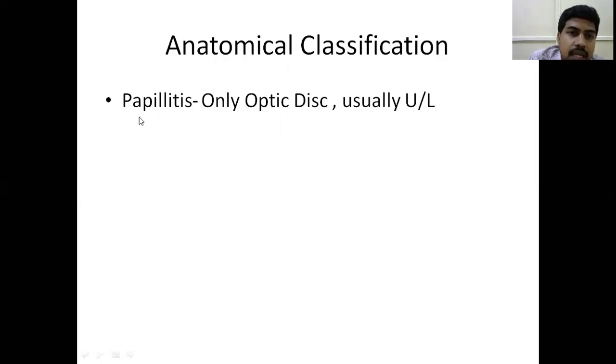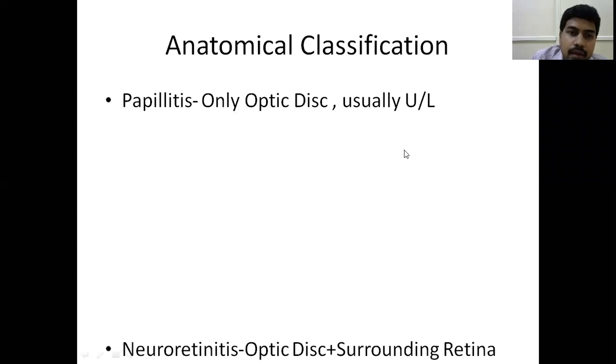So the first part is the intraocular part. I told you about glaucoma, what changes take place in glaucoma, the ISNT rule, and all those things in your previous classes. I also told you that the intraocular part is also known as the papilla. That is, any elevated structure in our human body is known as a papilla. So here, as it is an elevation of these nerve fibers, it is also called a papilla. So here, as per anatomical classification, if the intraocular part, that is only the optic disc, is inflamed or demyelinated, it is known as papillitis, and most commonly it is unilateral.